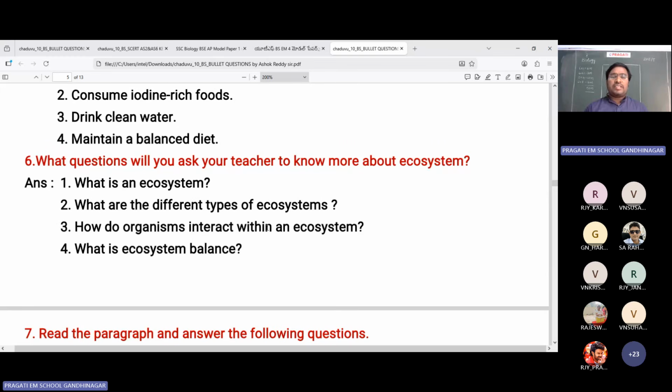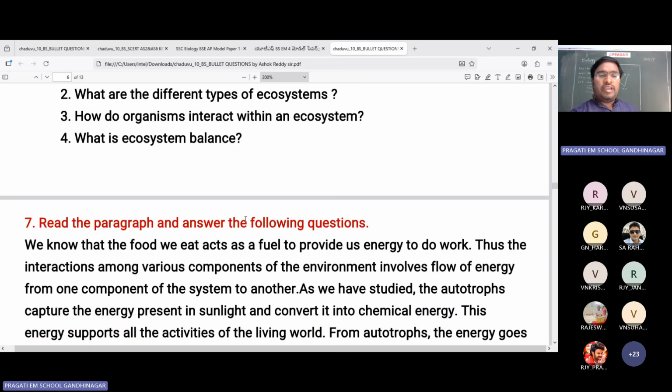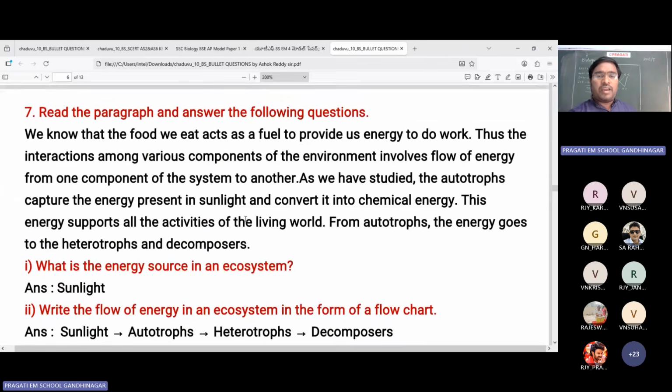Say, what is an ecosystem? What are the different types of ecosystems? How do organisms interact with an ecosystem? What is ecosystem balance? Okay, like that you can frame some relevant questions, children. You should frame relevant questions. Okay, next, one of the important paragraphs